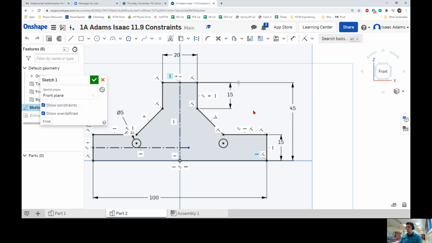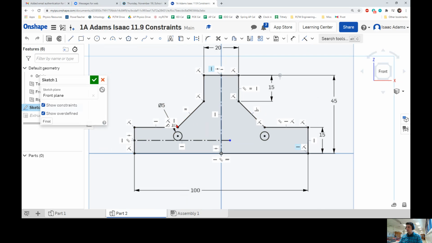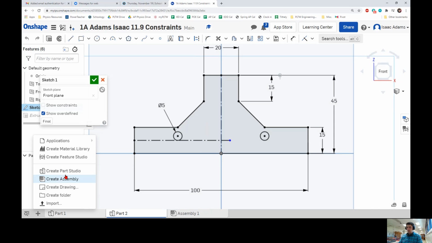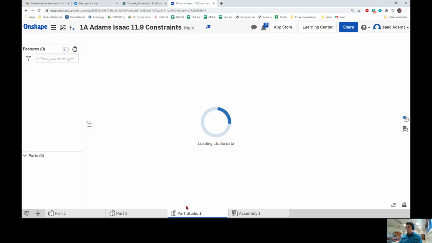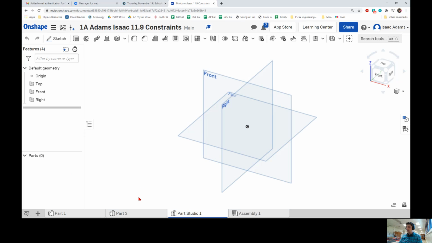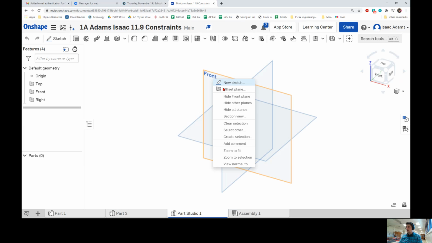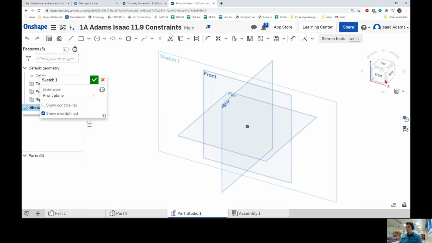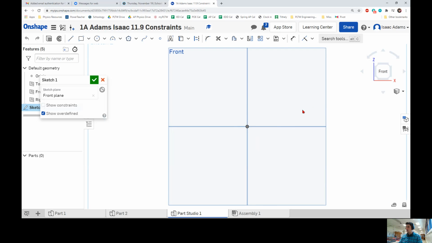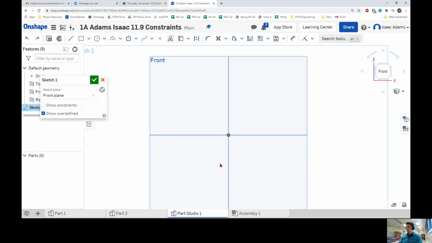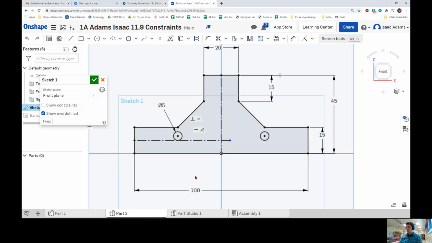So I'll click on Show Constraints here so you can see all of these relationships. And we've got the dimensions here. So I'm going to make this part again from scratch. I'm going to create a new part studio, and I'm going to create a new sketch on the front face. So I'm going to alt click on front, new sketch. Click my view cube on front. And I'm going to make this shape using this one as a reference,